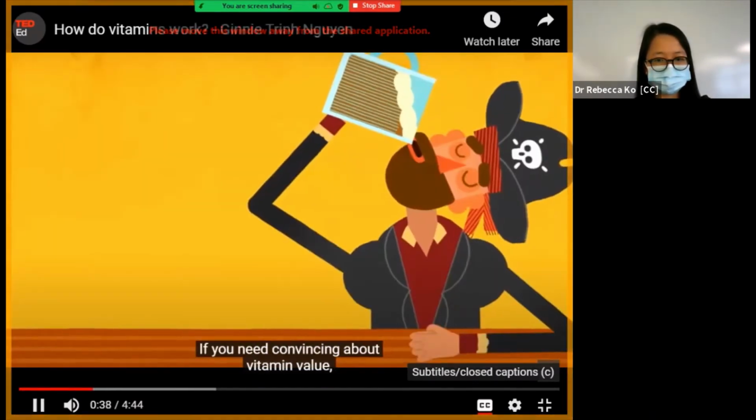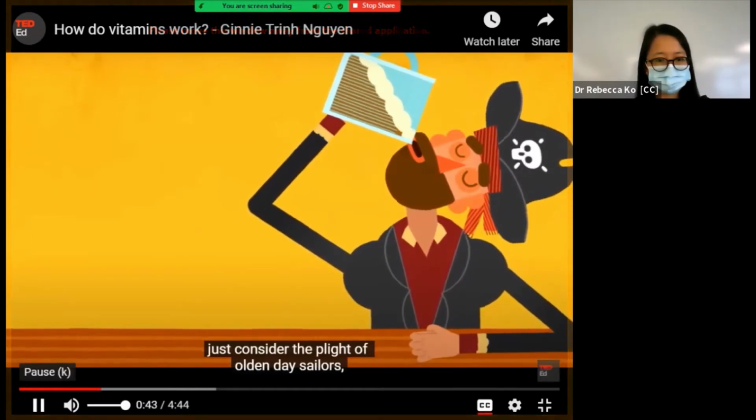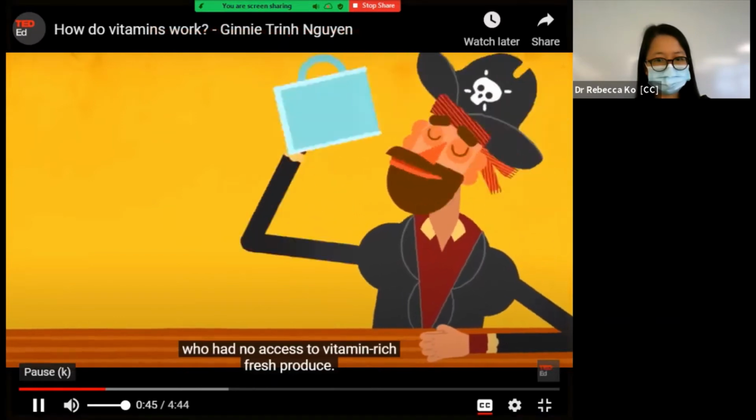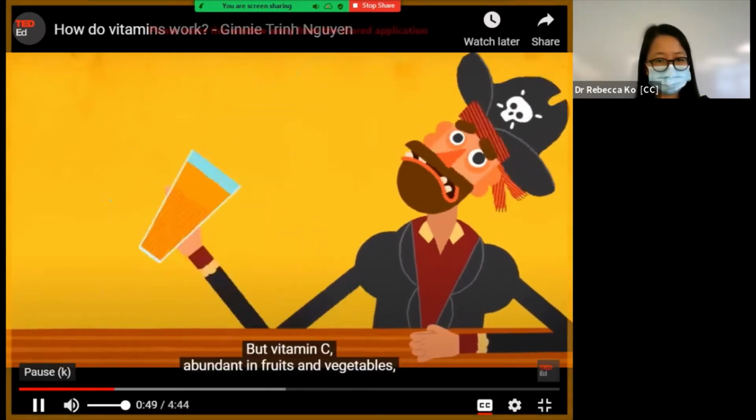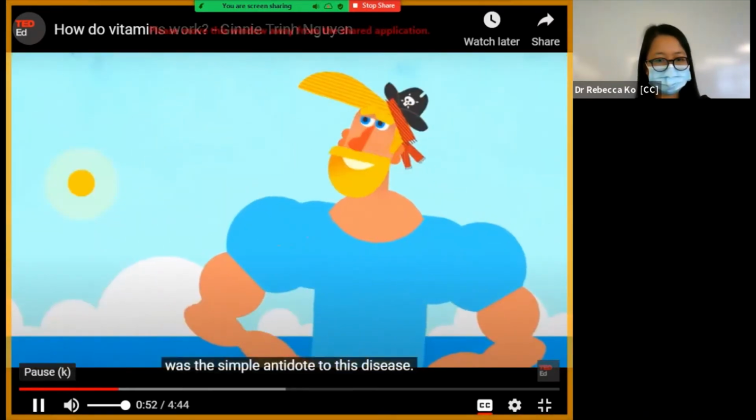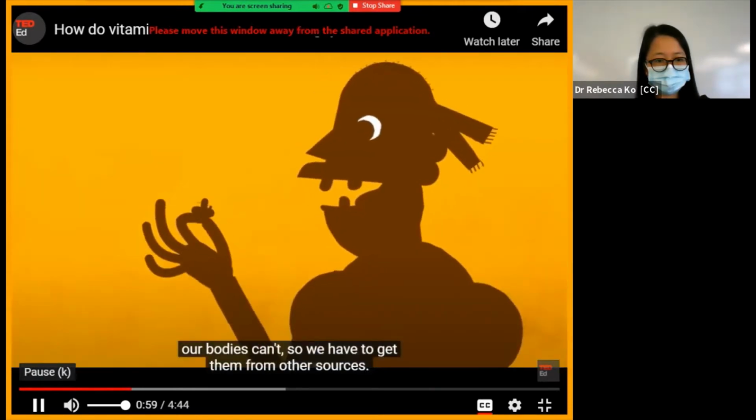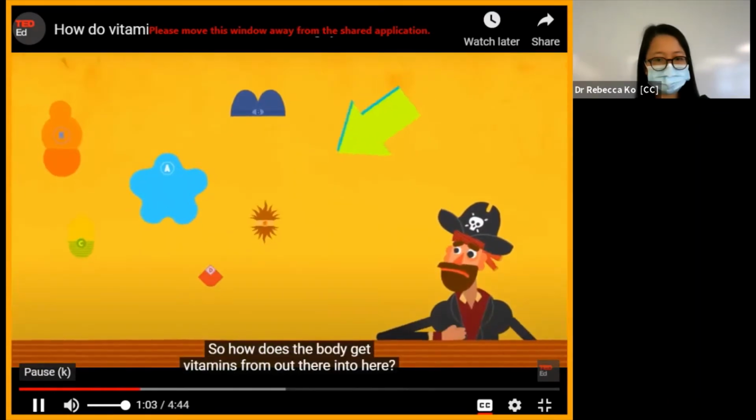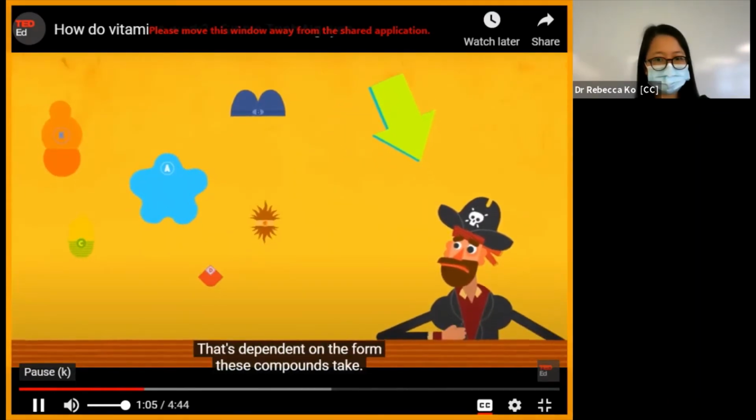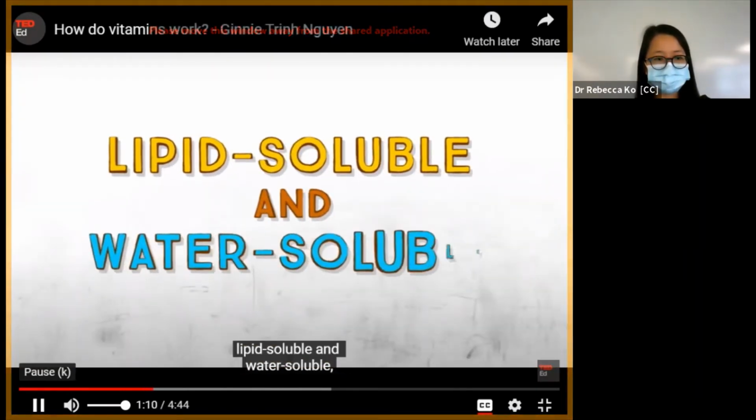If you need convincing about vitamin value, just consider the plight of olden-day sailors who had no access to vitamin-rich fresh produce. They got scurvy, but vitamin C, abundant in fruits and vegetables, was the simple antidote to this disease. While bacteria, fungi, and plants produce their own vitamins, our bodies can't, so we have to get them from other sources. So how does the body get vitamins from out there into here? That's dependent on the form these compounds take. Vitamins come in 2 types, lipid-soluble and